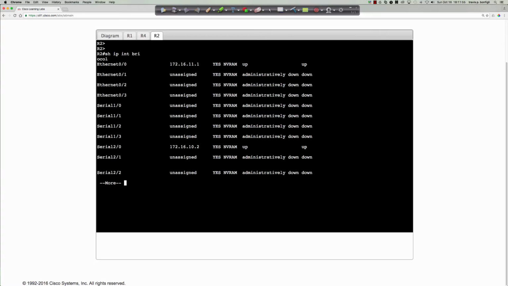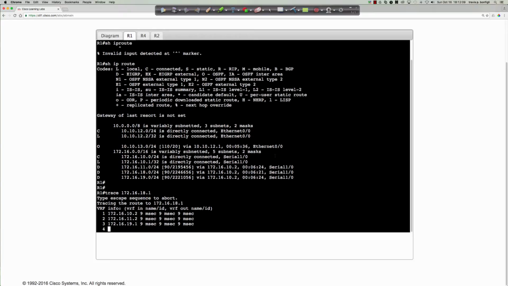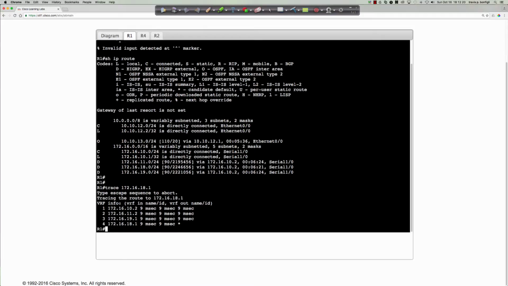If I say show ip interface brief, you'll see that Ethernet 2.0 is unassigned, administratively down. It's serial 2.0. So just a minor typo there, but that is our 172.16.10.2. And you can see that is the direction we go. We go to 10.2 over the serial link, and that's router 2. Then we go to router 6, and then to router 5. And then we reach that 172.16.18, right? But we're going via router 2. So if we go back to the drawing, sorry, or actually back to router 1 here,